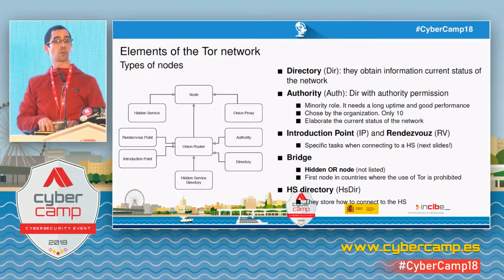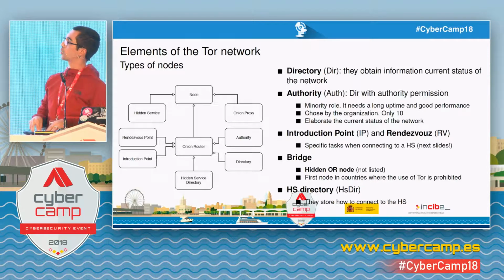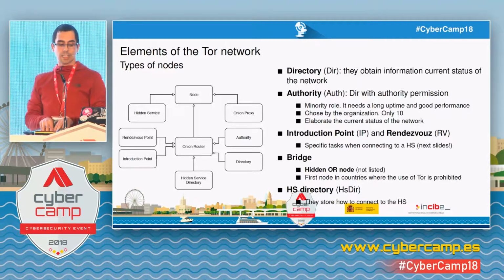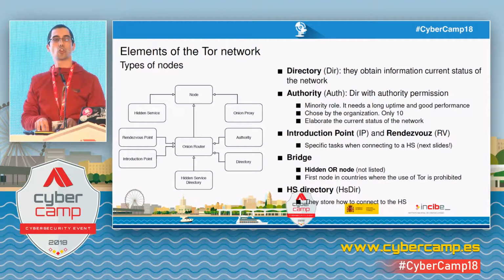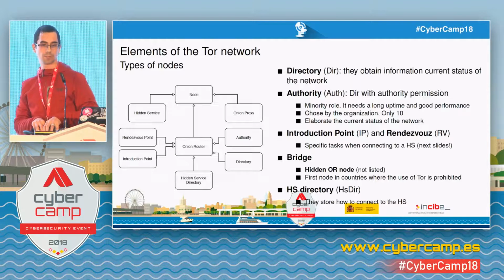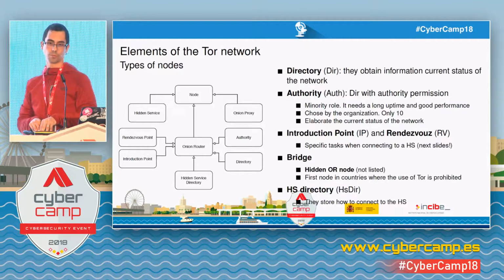Then introduction point and rendezvous point. So these are special type of nodes, especially when we are talking about hidden service. They are aimed at allowing clients to connect to hidden service. Then we have bridge nodes. Bridge nodes are a special type of nodes. Let us say that they are kind of a guard nodes, but